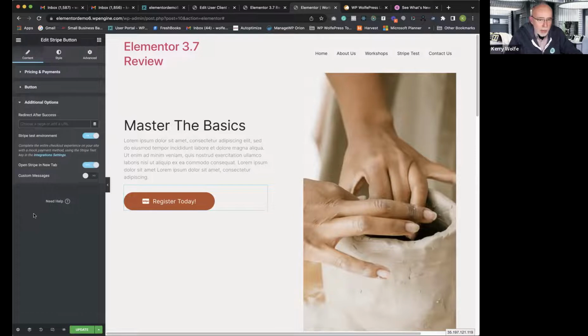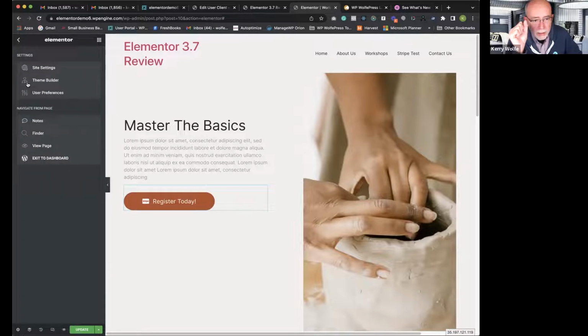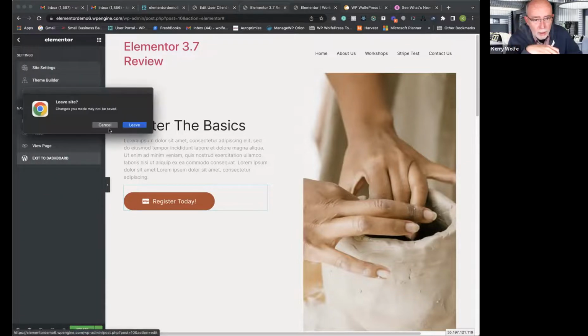You could redirect somebody to a different page. I can show you that in a sec. And I'm running this in a test environment, because that's why that's on. When you get happy with what you want, you can turn it off, and then you can be going gangbusters. Let's exit to the